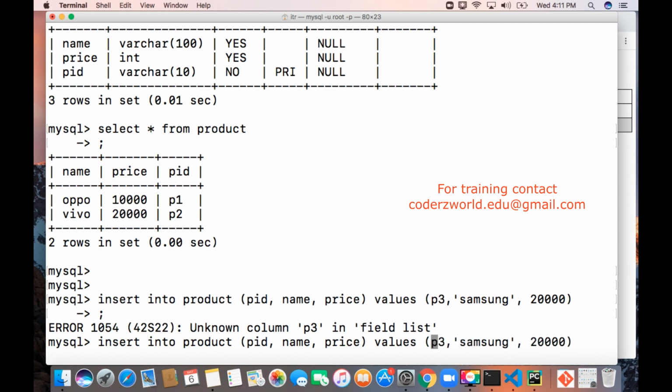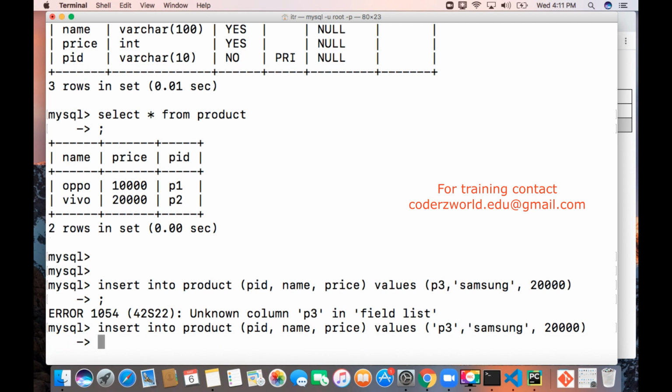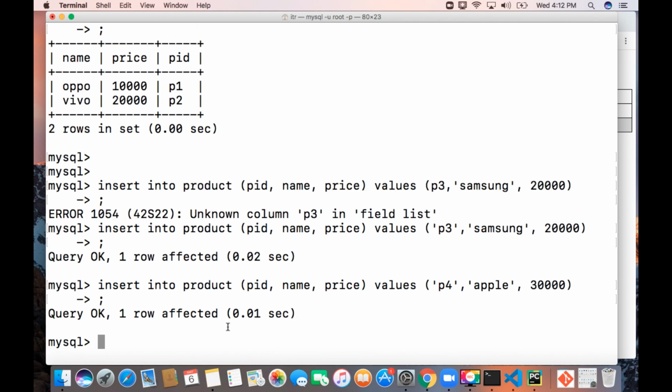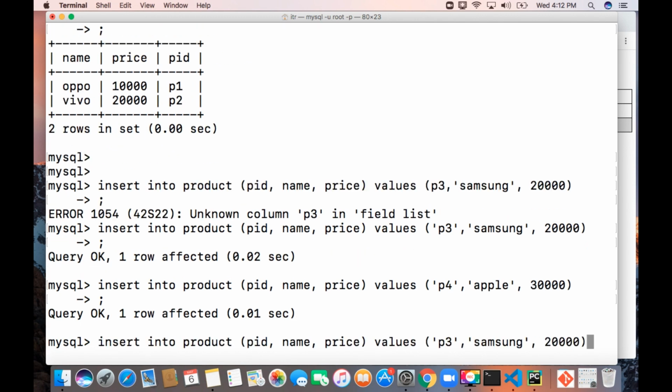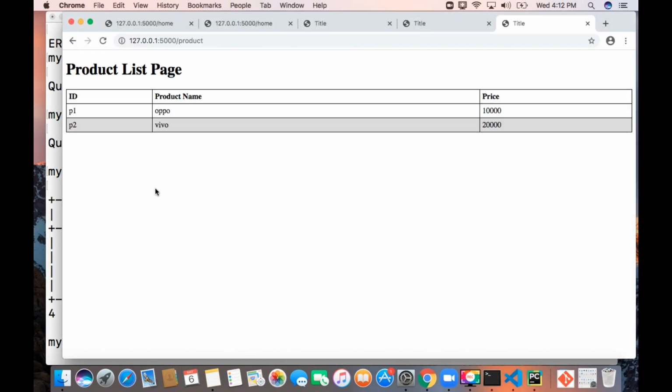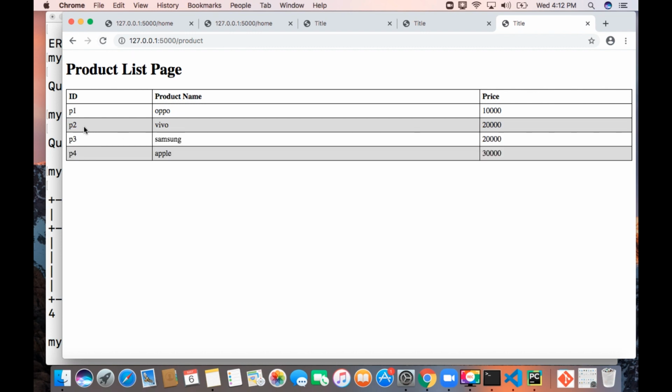Okay, P3. Now it got inserted, and I'm providing one more product, P4. So I have inserted a couple more products. Now we have 4 products. Okay, and if we refresh this page, we should get all these products. Yes, we are getting it, right?